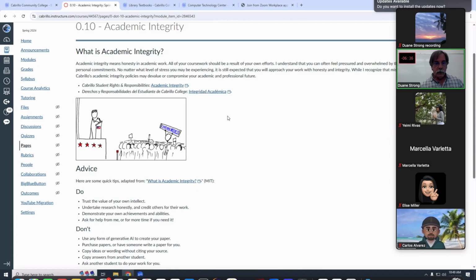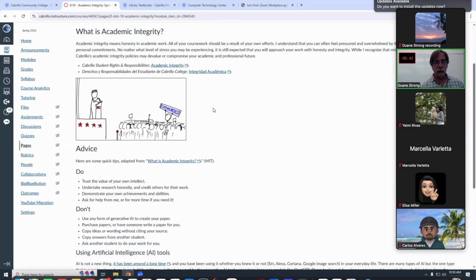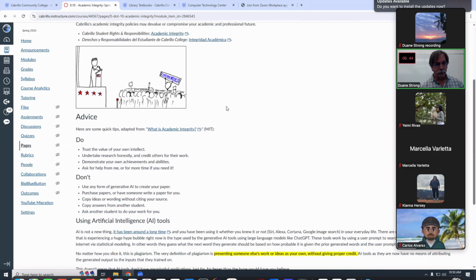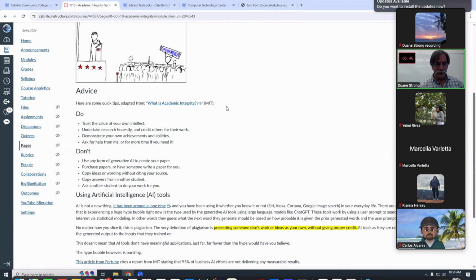Okay. There are some documents here that I'm not going to go into. You can look at them if you want to, which are the official Cabrillo rights and responsibilities for integrity. But I will give you some advice. There's also this MIT page about what is academic integrity, but basically it's use your gut feeling about things. Trust your own value of your own intellect, right? Just don't take what other people say for granted.